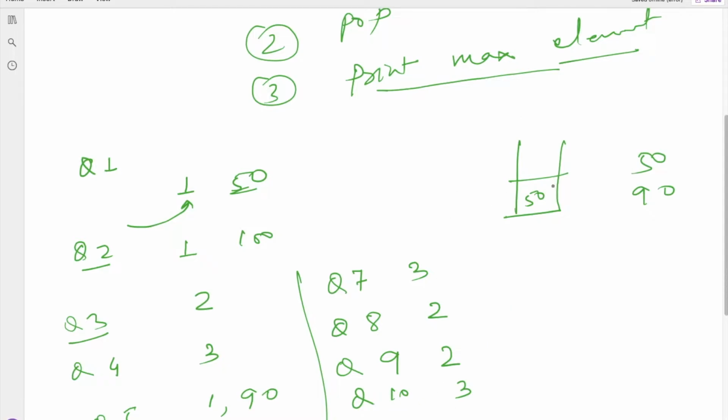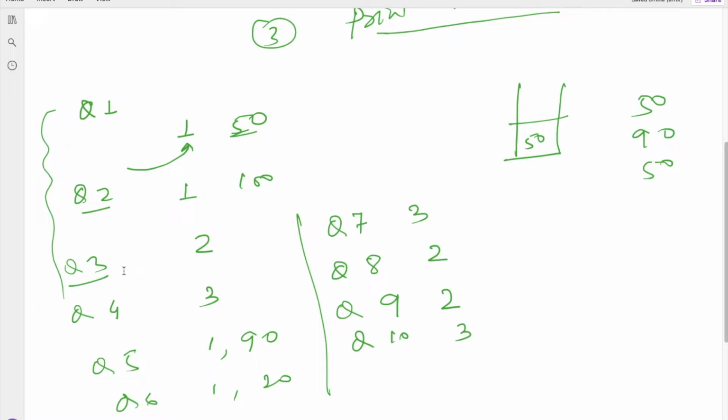In this stack only one element is present, so it will be the maximum element, 50. Here we have performed total 10 queries. So for these 10 queries our output should print 50, 90 and 50.